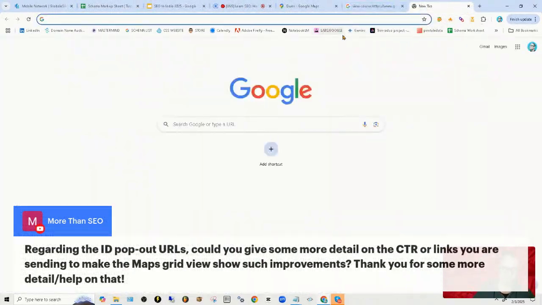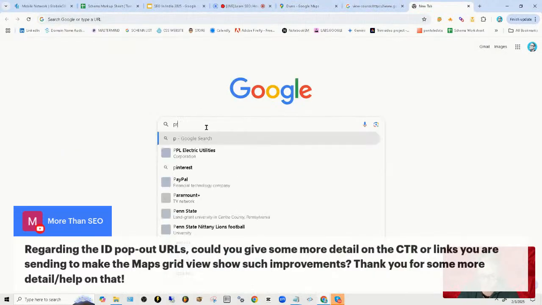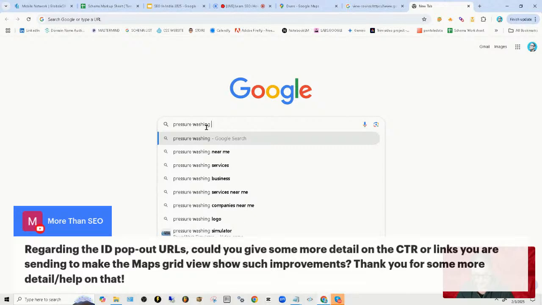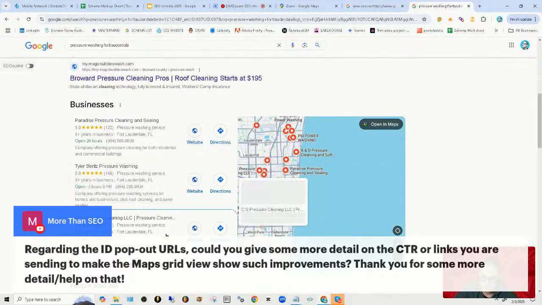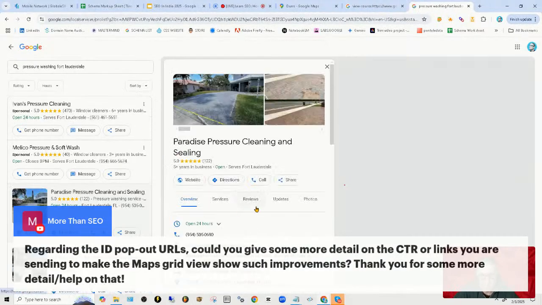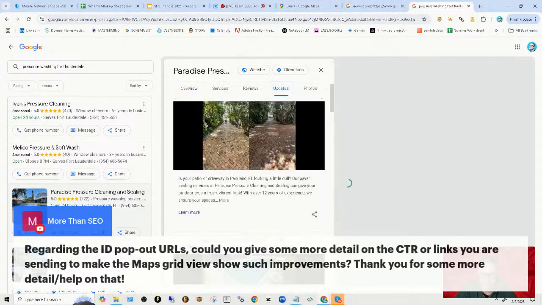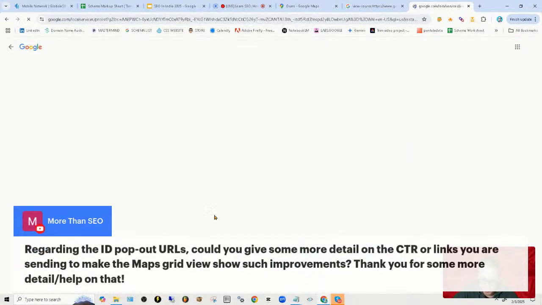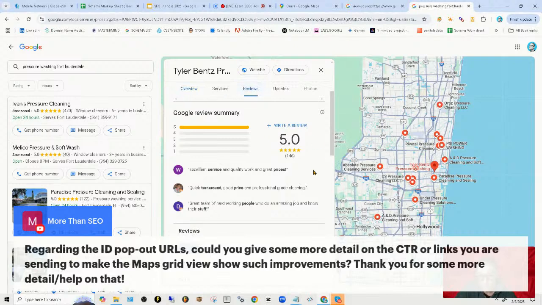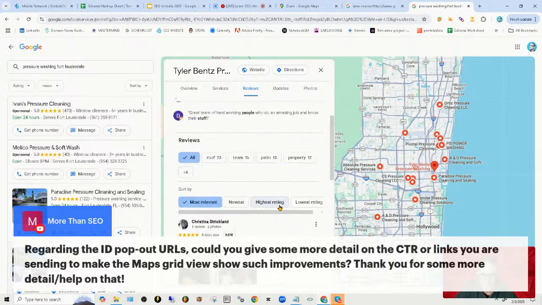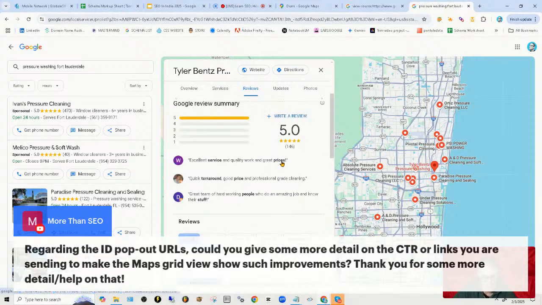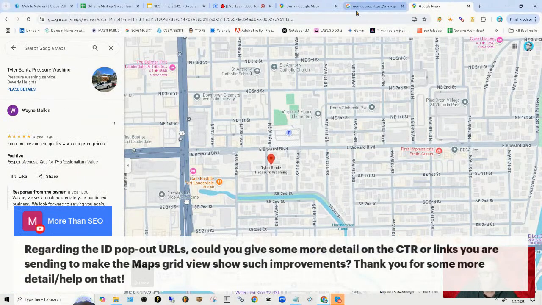When we start looking up, let's just take our example. What were we doing? Let's just say it's pressure washing, and we're in Fort Lauderdale. Okay. Ranking businesses. If we start looking at their updates, inside their updates, you can find topics. Also, inside of ranking businesses, if you come in here to reviews, you can also find topics. You with me? Each of these topics right here, or if you take a look at this, prices, okay?